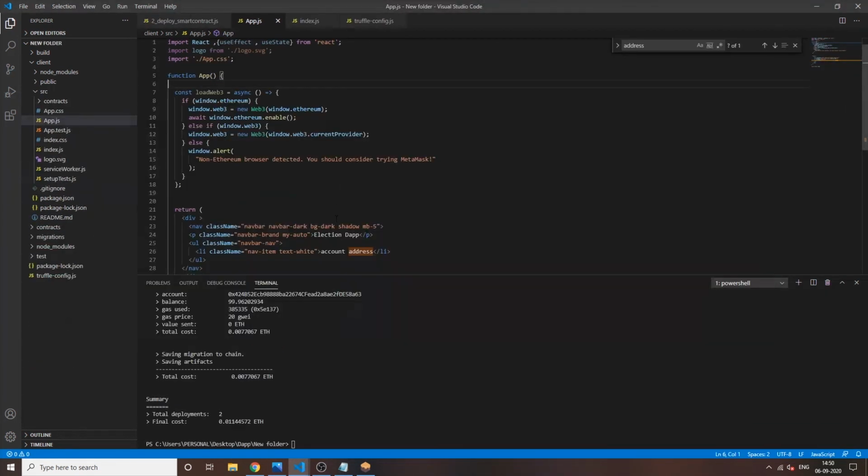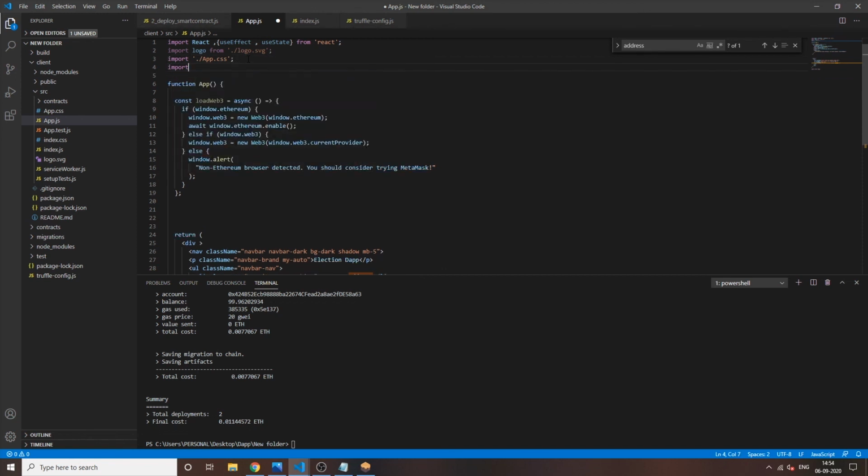Now we have to do one more thing. Now we will interact with our blockchain, and we will define a function for it. We have to access ABIs to interact with the blockchain, so let us import ABIs. Importing is simple in React. Just write the name you want to import a particular thing to.